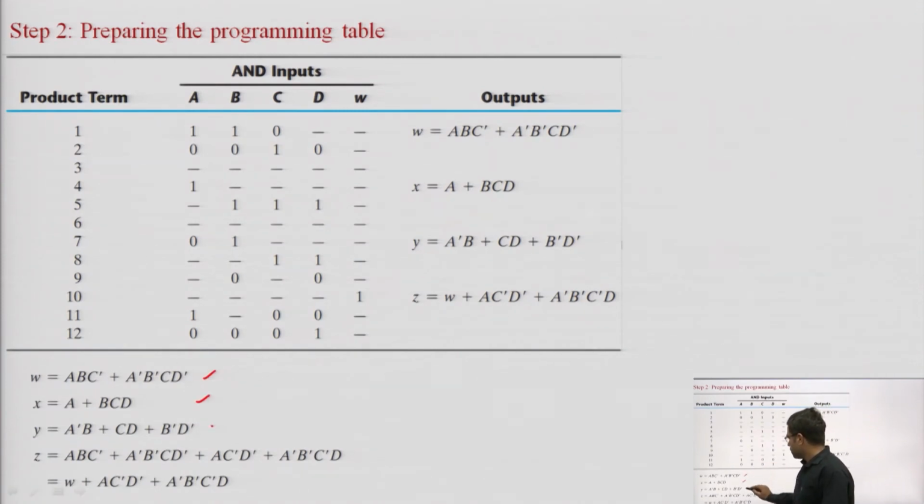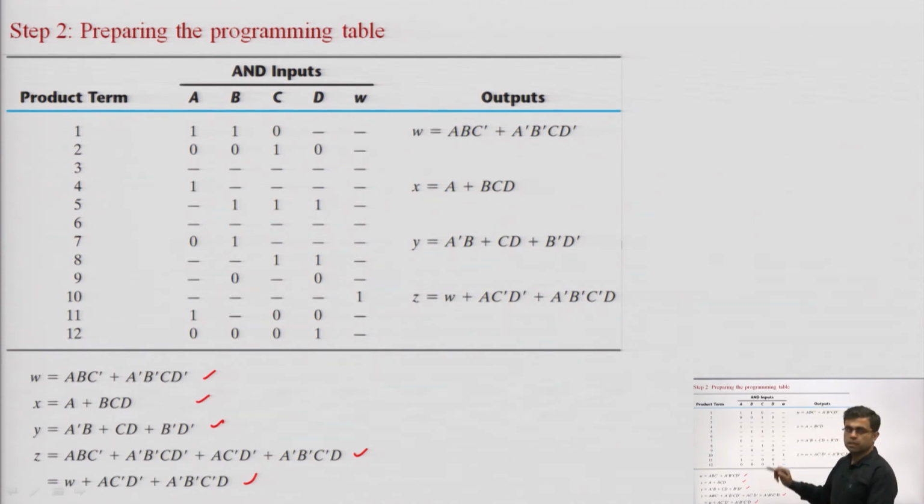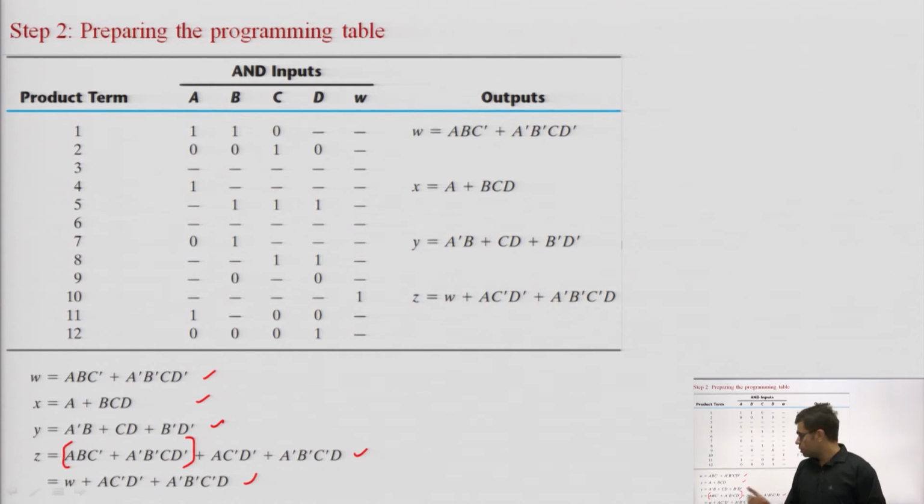So these are the expressions for the 4 K-maps. First K-map is giving me this expression, second, third, and the fourth expression. You can check that the fourth expression has this thing similar to W. So I need not regenerate these two products. I can use the output of W as the input towards this side. So in this, that output to input feedback connection can be utilized.